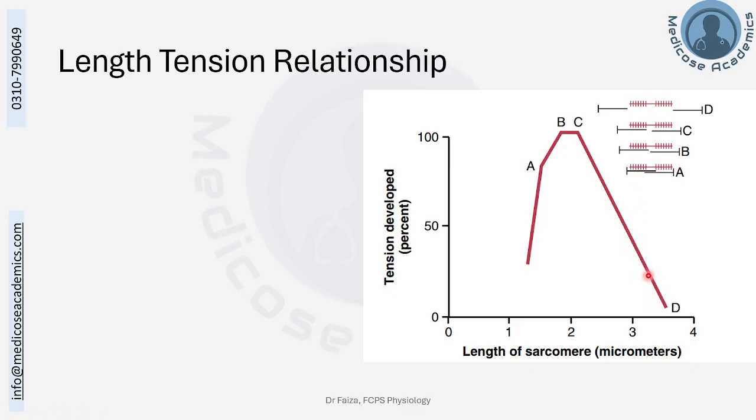As we keep on decreasing the muscle fiber length from point D to point C, the actin and myosin interaction starts coming into an optimum overlap that leads to an increase in the development of the tension until we reach the point C. This is the point which we call the optimum length of the skeletal muscle. Now, what is optimum length? Optimum length of skeletal muscle fiber is that length at which the tension developed is maximum. That is point C and point B.